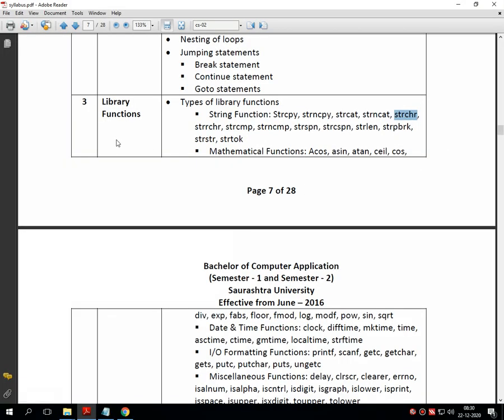No problem, leave it. We'll discuss these two functions later on, strchr and strrchr. Something is missing on my part.